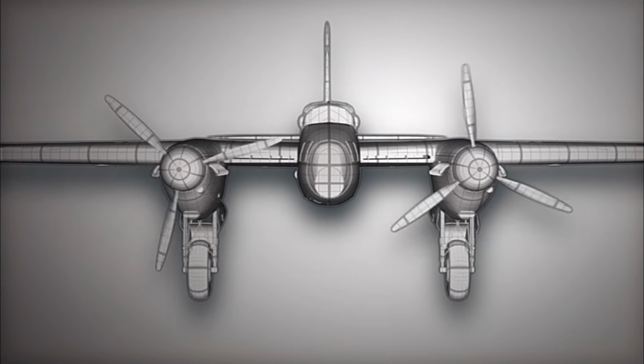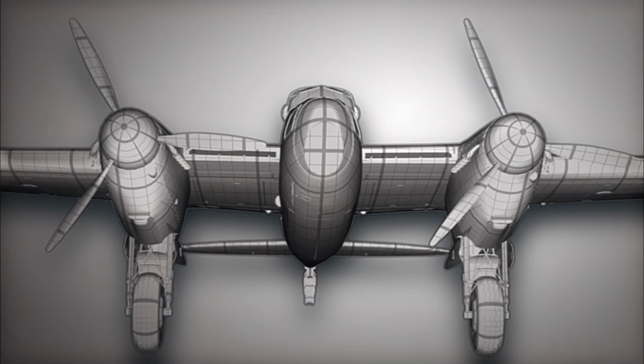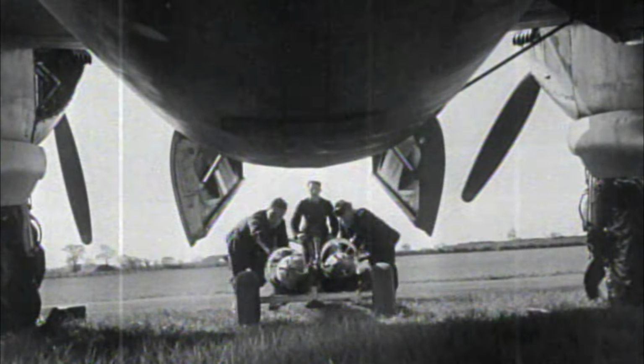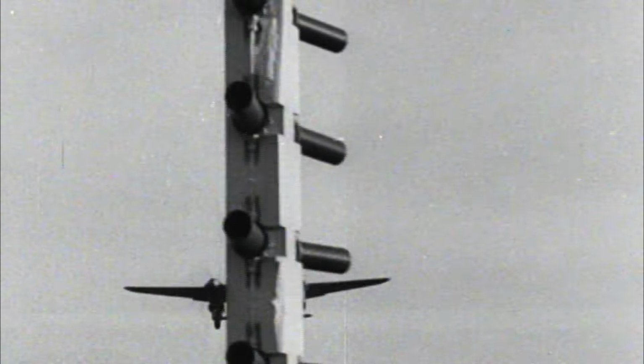Powered by 2 1,400 horsepower Merlin engines, the streamlined aircraft can fly at speeds in excess of 400 miles per hour to a range of 1,700 miles. Armed with 4 .303 machine guns and 4 20mm cannons, the Mosquito packs a powerful punch. Add in a potential payload of 4 500-pound bombs, and the aircraft becomes the Allies' ultimate fighter bomber. The Mosquito greatly impresses the RAF and is immediately put into service. In September 1941, the aircraft flies the first of many dangerous intruder missions, striking deep inside Nazi-occupied Europe, taking the war back to the